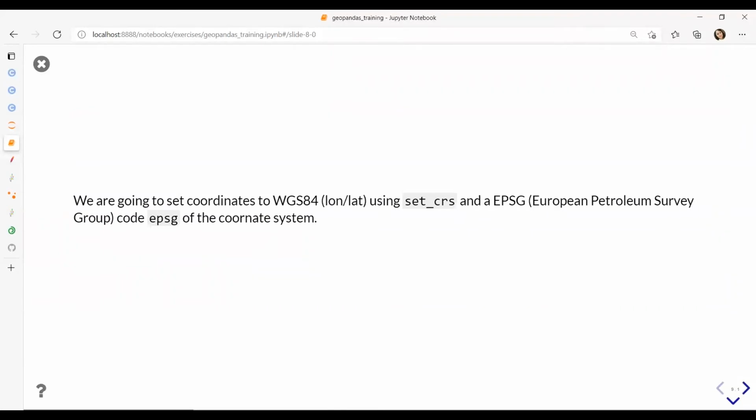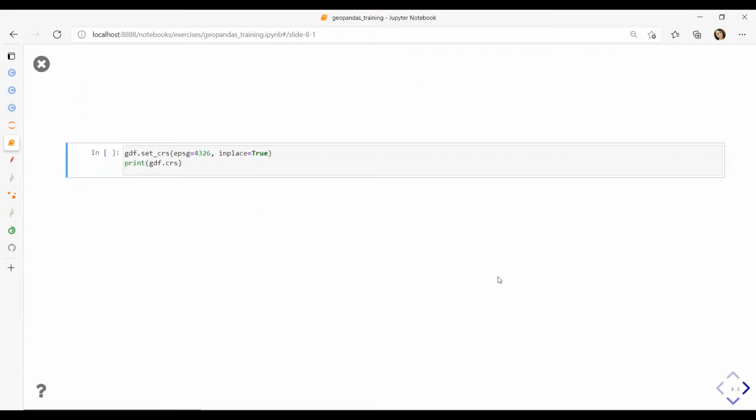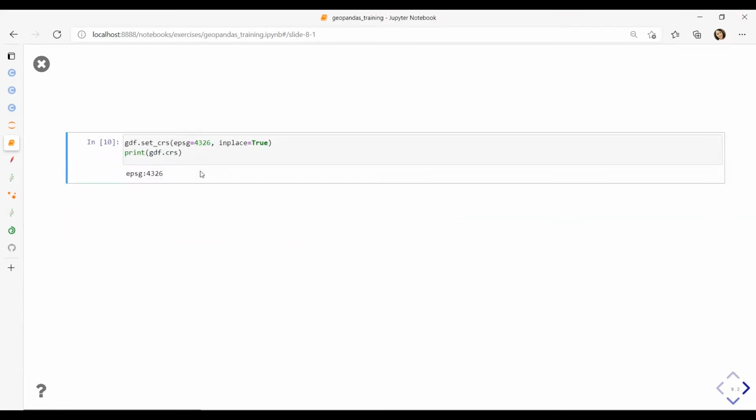So now we are going to set coordinates to WGS84 using the set_crs function, which takes an EPSG code, which stands for European Petroleum Survey Group, and is the value of the system. For WGS84, the value of EPSG is 4326.